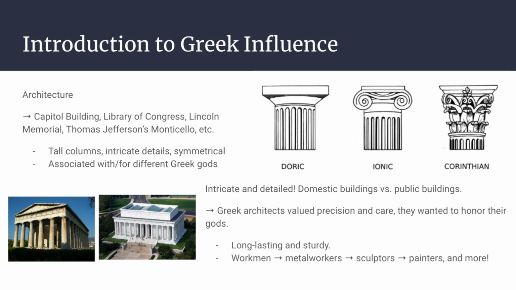It's more slender and they have little scroll-like, I would say, ornaments at the very top. It represents a more refined and graceful style. It's associated with femininity and beauty. Temples dedicated to Hera and Artemis usually had the Ionic order constructed. The Temple of Artemis at Ephesus around 50 BC is a notable example of this order.